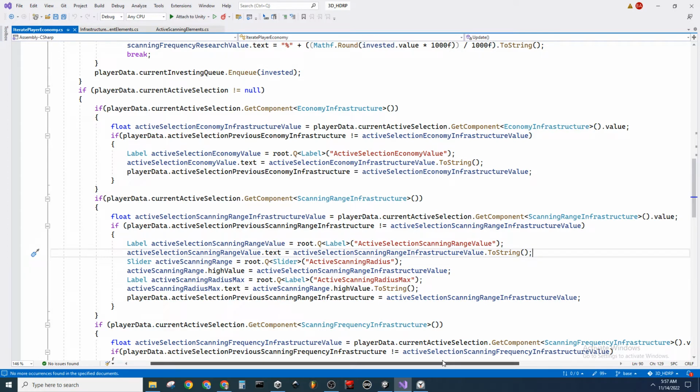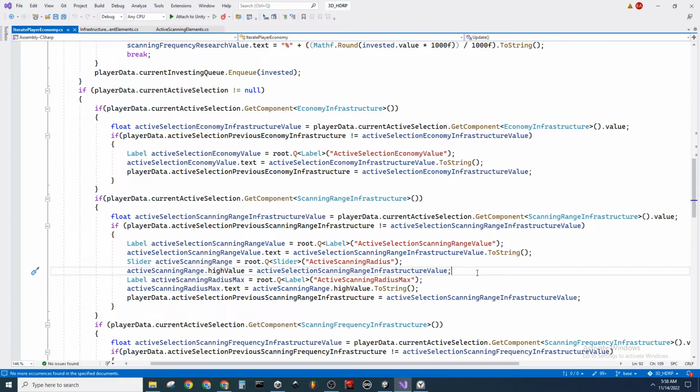If it has changed, it is increasing the value here. Okay, so here, yes. Here's the scanning radius. Okay, so the high value